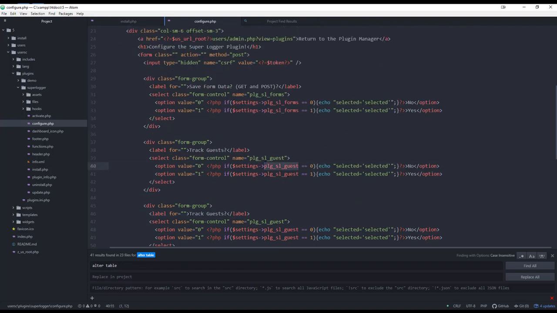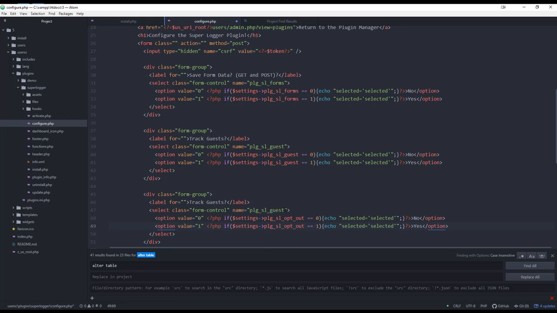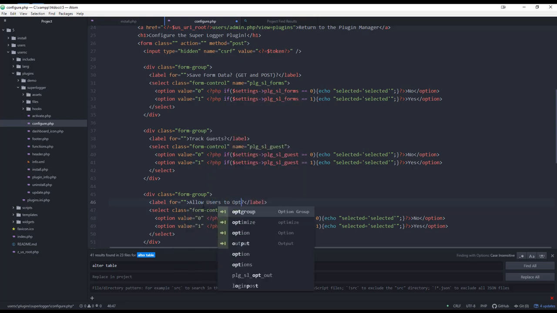And we're going to do this. Oh, no, wrong one. Going to do, nope. Did I mess up? Save form data, track guest. There we go. So this one is OptOut. This is OptOut, and this is OptOut, and then we're going to say allow users to opt out,